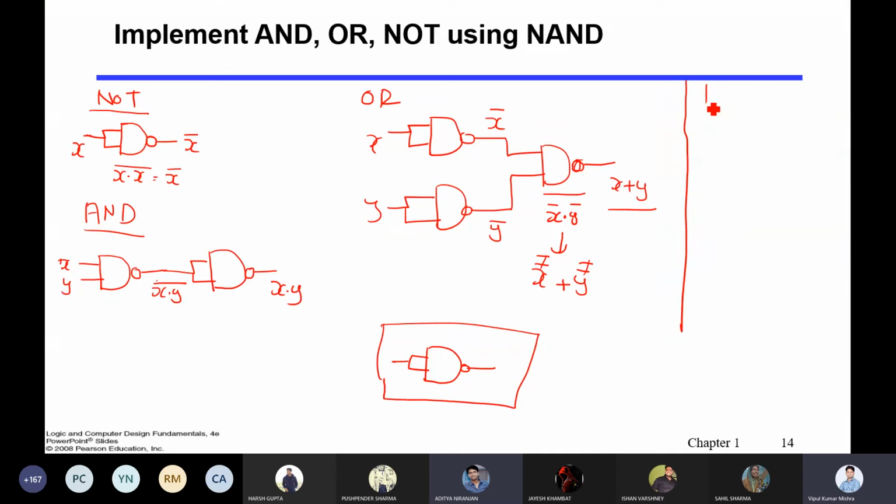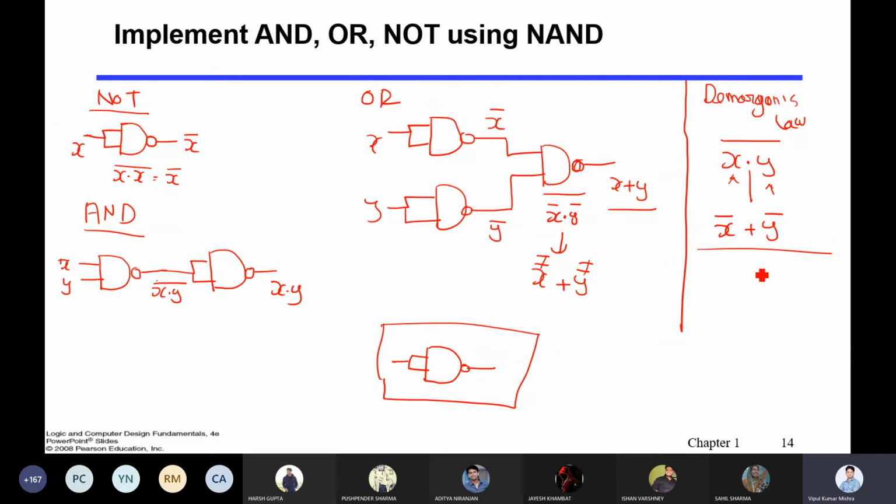There is De Morgan's law. So let me give you De Morgan's law. I think there is a spelling mistake, please ignore. Here, what De Morgan's law says: suppose someone has written x dot y with a bar on top, and I want to break this bar. What we need to do is take the complement of each term and change the sign. Changing the sign means AND will become OR and OR will become AND. So it will be x bar plus y bar if you break it.